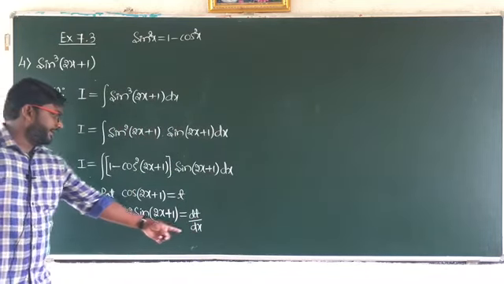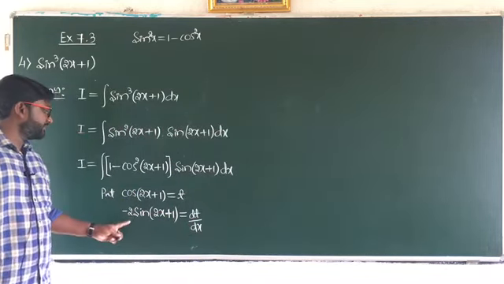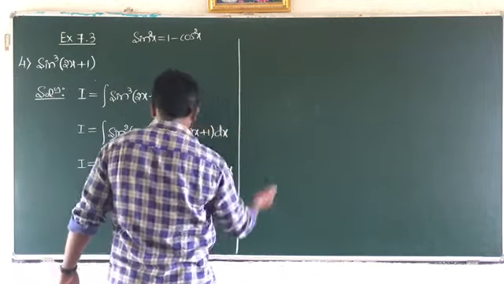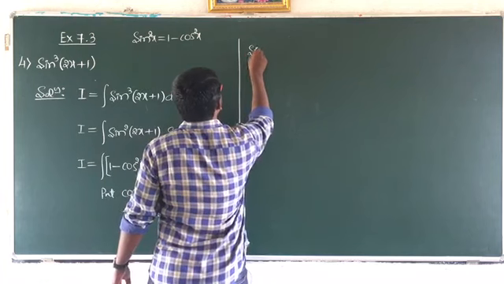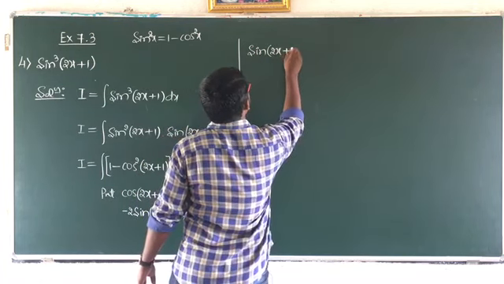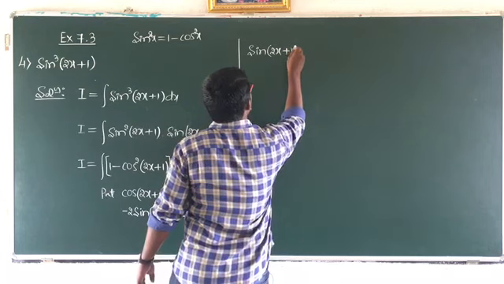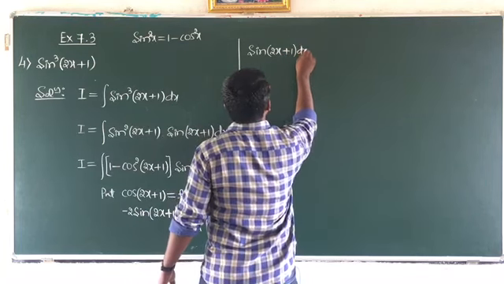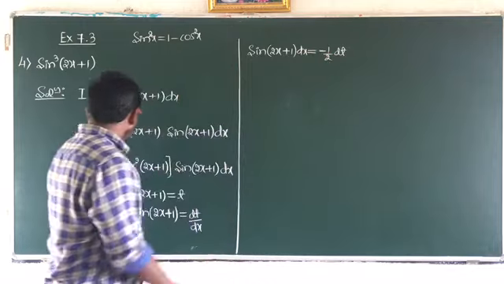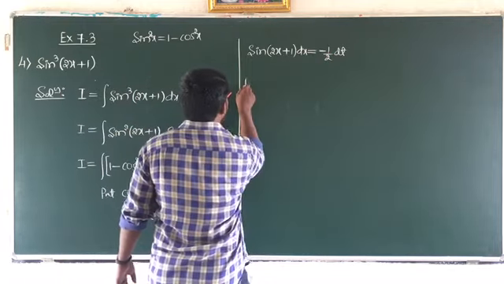So now take dx to the LHS and minus 2 to the RHS. So here sin of 2x plus 1 dx is equal to minus 1 by 2 dt. So rewrite the integral I, which is equal to